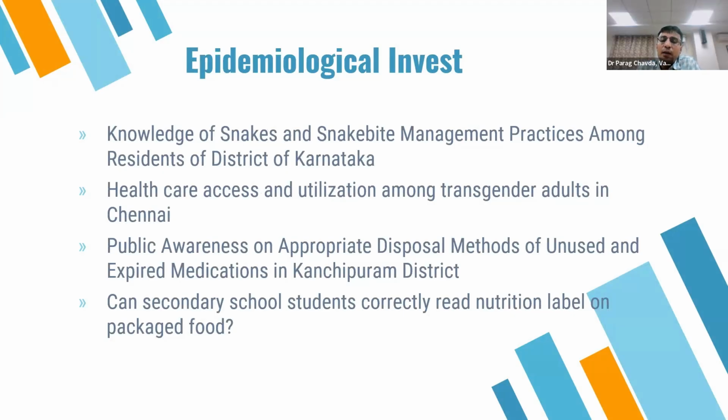Epidemiological investigations, a few examples. Say, for example, the area that your medical college belongs to is a rural area, and in that area snake bites are an important public health problem. A simple study could look at whether the residents of that particular district know the different types of snakes, the types of snakes which are medically important. It is important for people to identify them, and hence your treatment would depend upon the type of snake. And regarding the initial management, the first aid of snake bite management, are people aware or not? Because there could be a lot of myths prevailing, right?